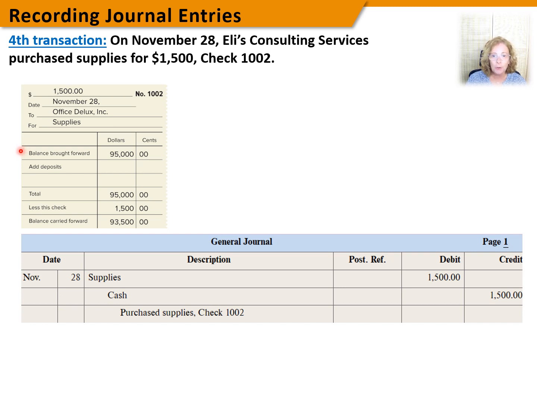During an audit, the auditor would ask for the invoice from Office Deluxe, a copy of the canceled check, or other proof that the amount was paid. In some cases, the auditor might even ask for verification from Office Deluxe directly. For this business transaction, we debit supplies for $1,500 and credit cash for $1,500. Why? Well, our supplies assets increased, and assets increase with debits, and our cash decreased. Cash is also an asset, and assets decrease with credits.